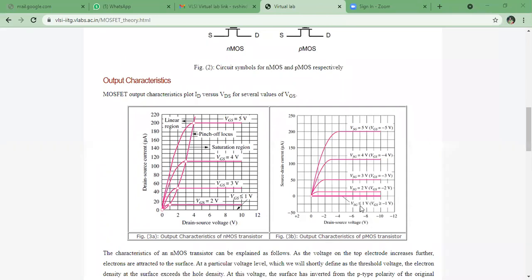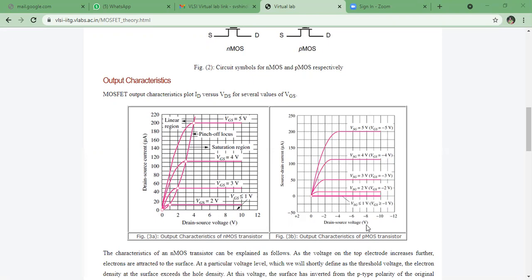Now here we can see that this is the voltage. Here the voltage VGS is increasing negatively. If you look at this voltage level, this is 0 and the cutoff region is this region. When we provide more and more negative voltage between gate and source, the conduction will start. So here the polarity is different.